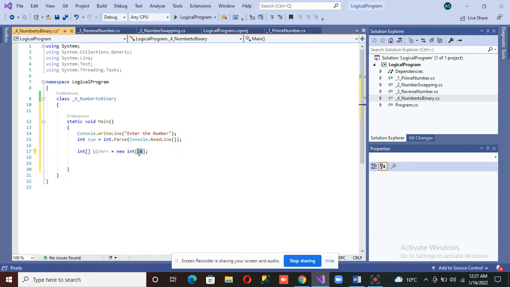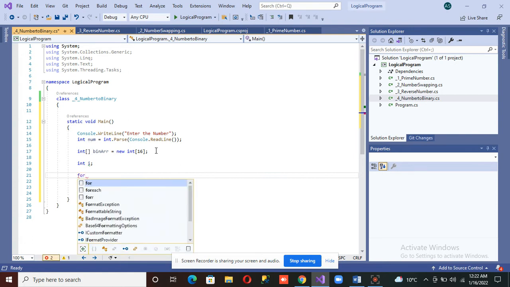I hope you know that. Now, as well, we are going to provide an i variable to store the index number, because it will help us at the time of printing.